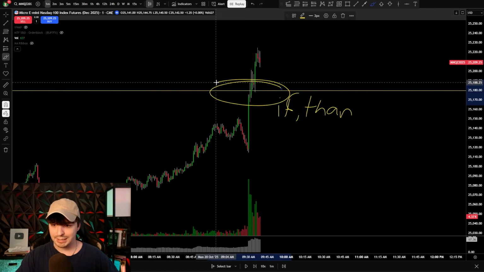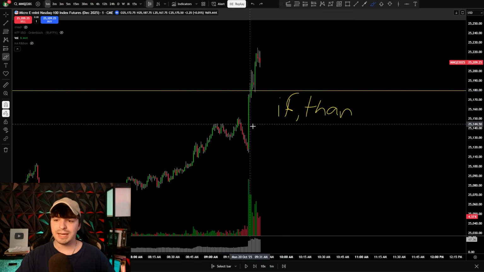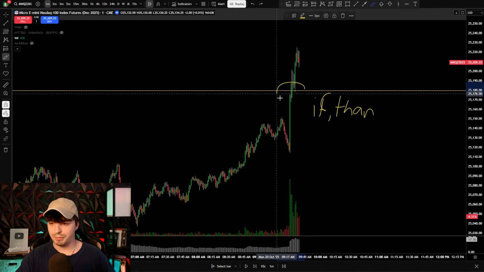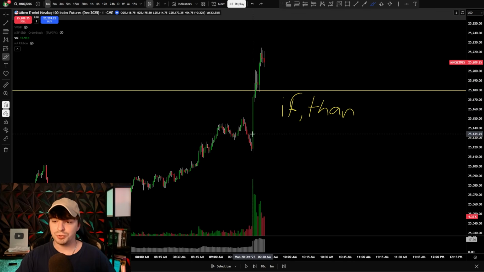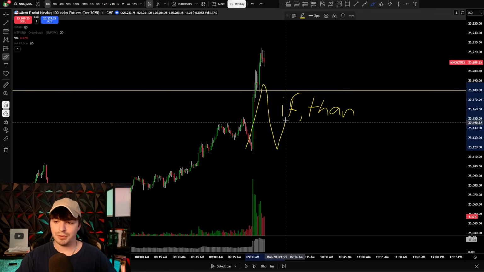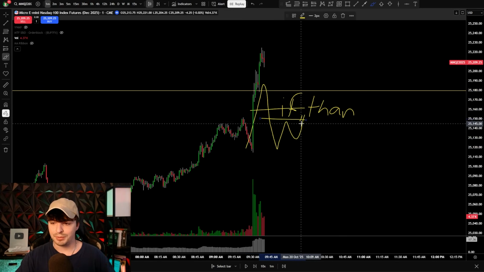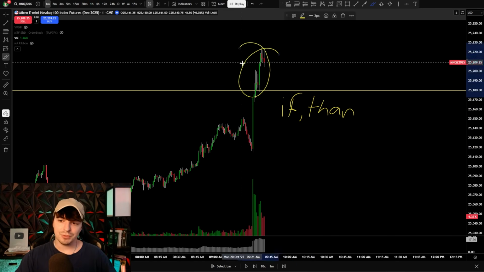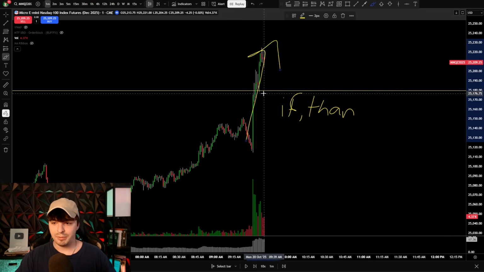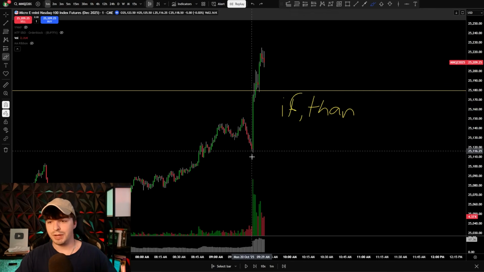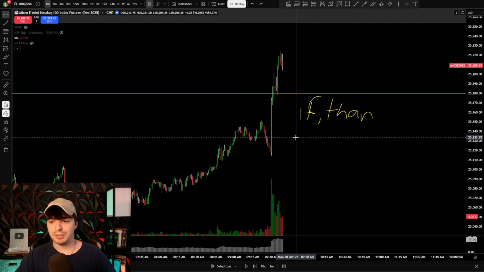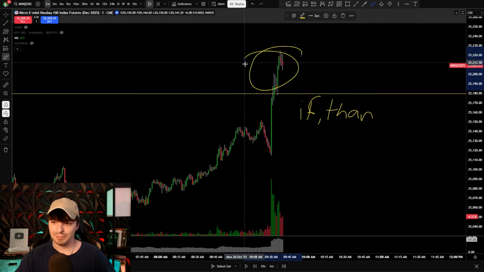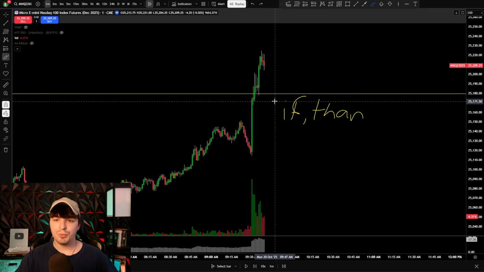So on this day, essentially what I was saying is that if we fail to close above these highs, right, the hourly highs, then I will look for shorts, right? So if we came up and rejected down, then I would look for short setups, okay? But in this case, we closed strongly above, right? We have a lot of momentum going up and above that level. We're closing above that level. And so now the scenario is if price stays above these highs, then I likely want to look for longs.